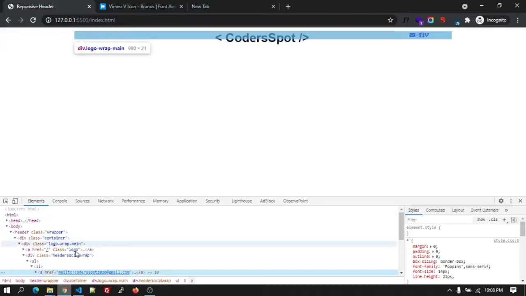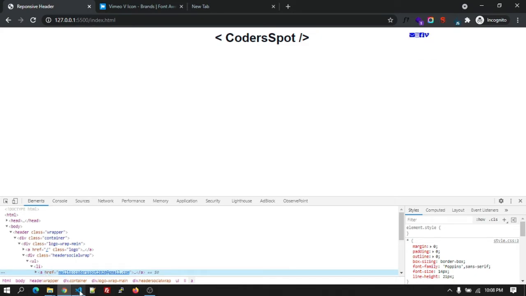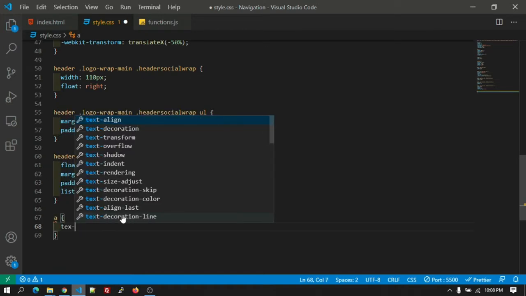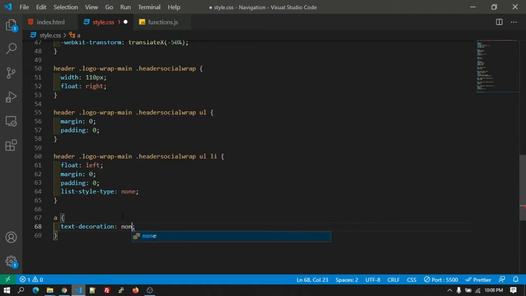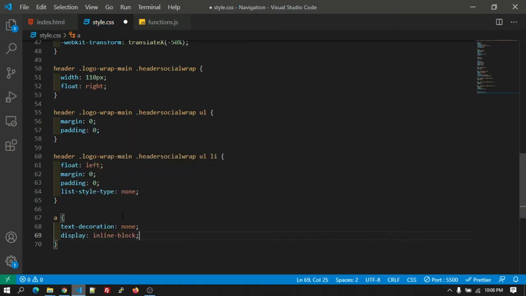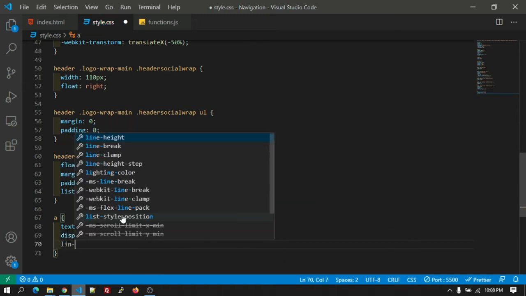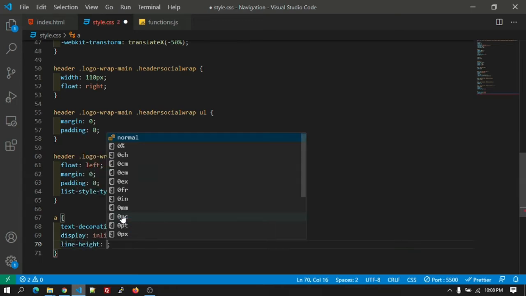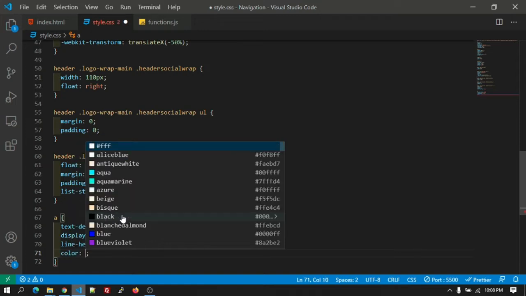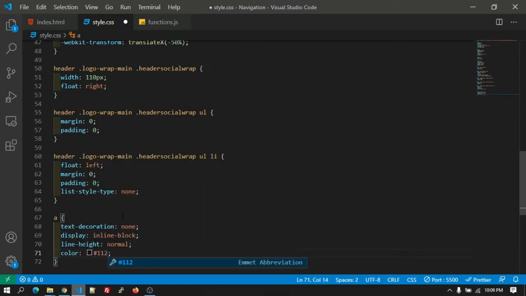Let's add the CSS to the anchor tag as well. It's a simple anchor tag. First thing, text decoration will be none and display inline block, and the line height will be normal, and the color will be 112. This is the color that we are going to use.